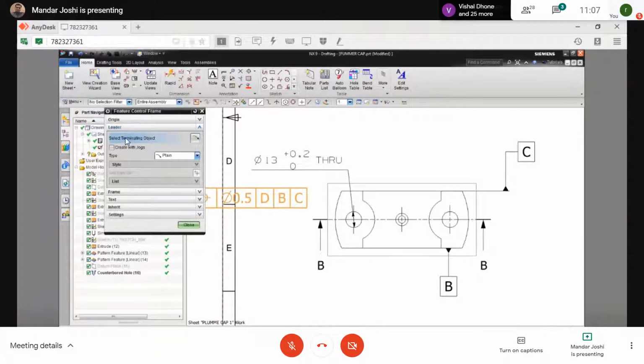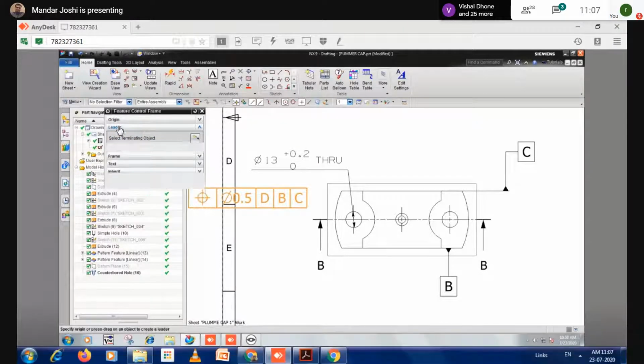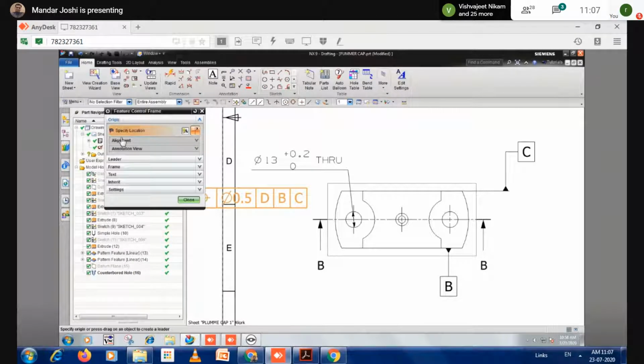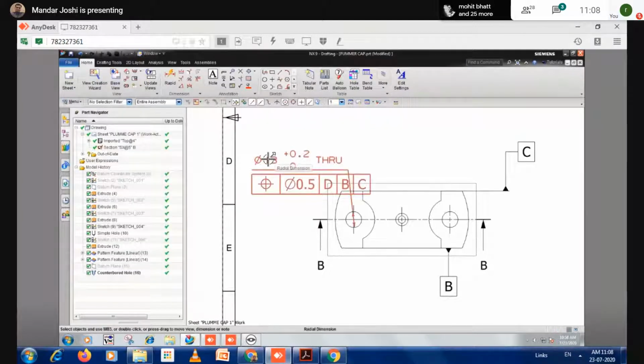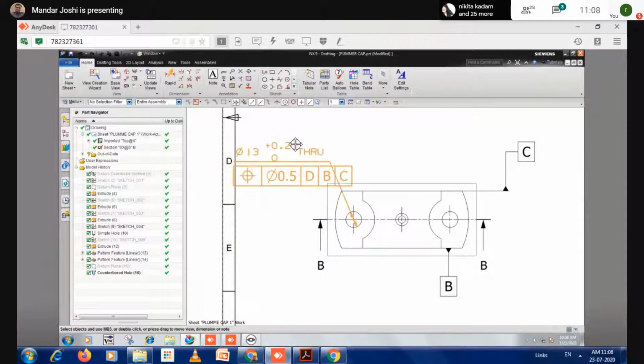Don't select any leader here because I don't need a separate leader. Directly go to select the dimensions using the origin option. In the alignment you have to select everything on and simply click on this. So you will see the frame. After seeing the frame only you have to click. Then it means that when you move any dimension, accordingly your feature control frame also gets moved.